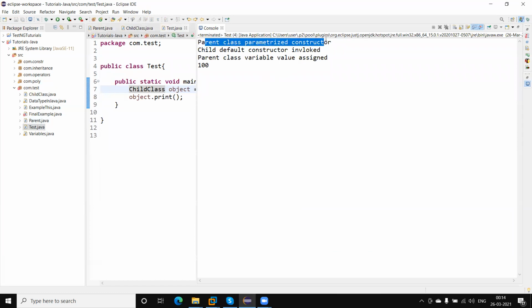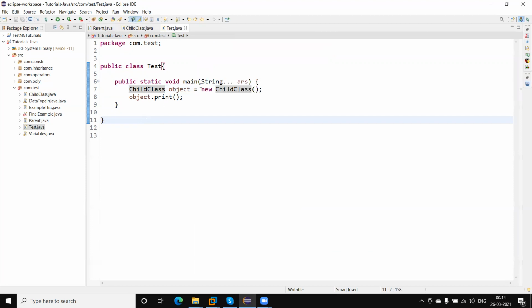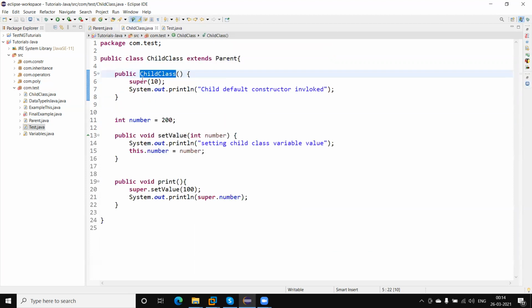Parent class parameterized constructor invoked, child class default constructor is invoked, parent class variable value assigned. This is printing from the method. So what happened here? If we want to invoke any parent class constructor, we can use the super keyword to invoke it.